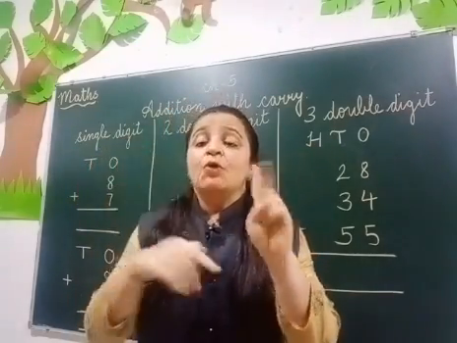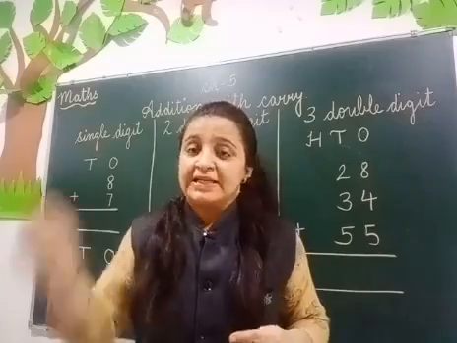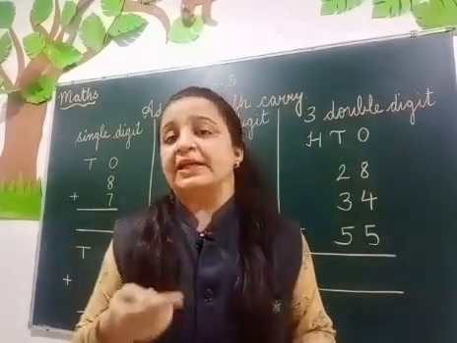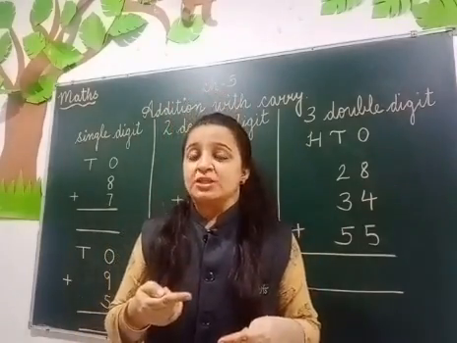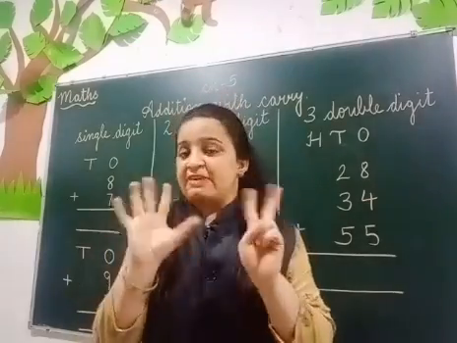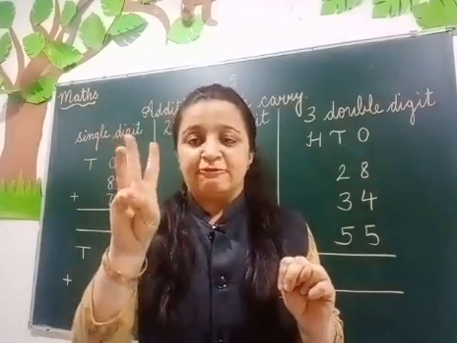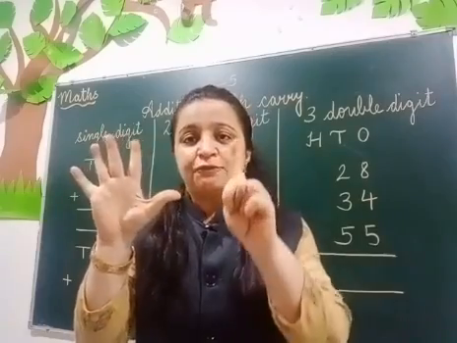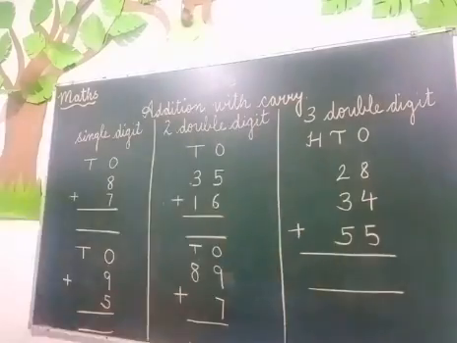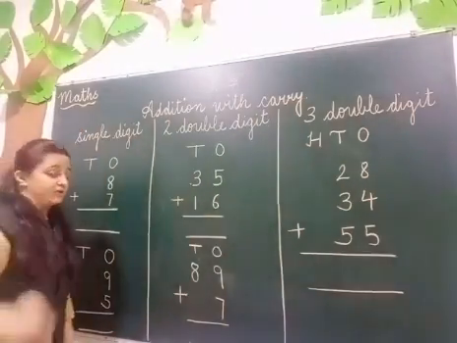Now we will do forward counting after 8. 8 हमने यहाँ रखा है. अब हम 8 के आगे forward counting करते हैं addition में. क्या करते हैं addition में? We used to do forward counting. Okay, 7 fingers we will count. 9, 10, 11, 12, 13, 14, 15. What is the answer, children? 15. Okay. So what you will do, children?